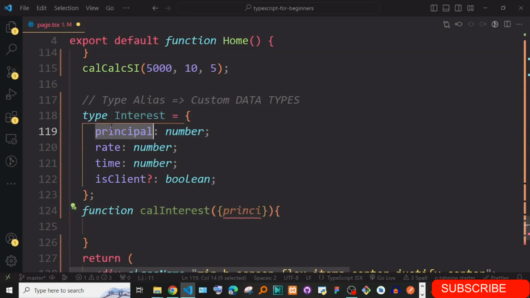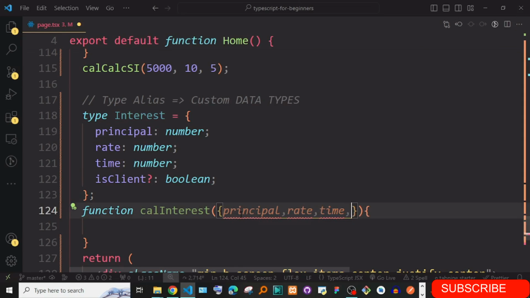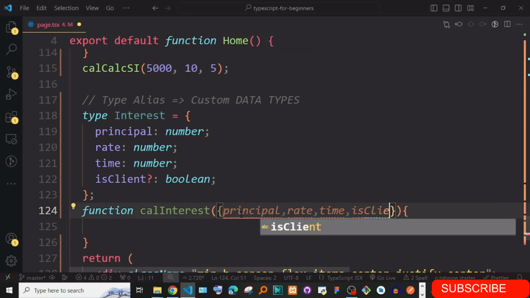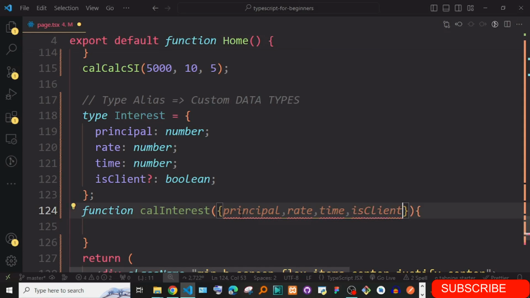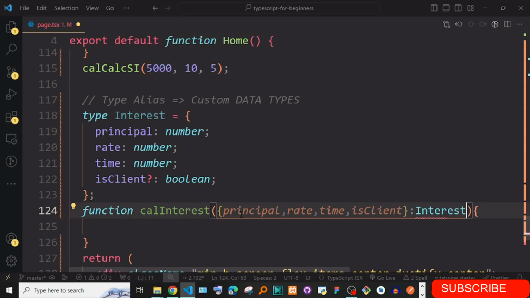Let me just copy it here, guys. So you have principal, rate, time, and of course is client, just like this. So now you come and you say all these belong to interest. Look at this, guys.